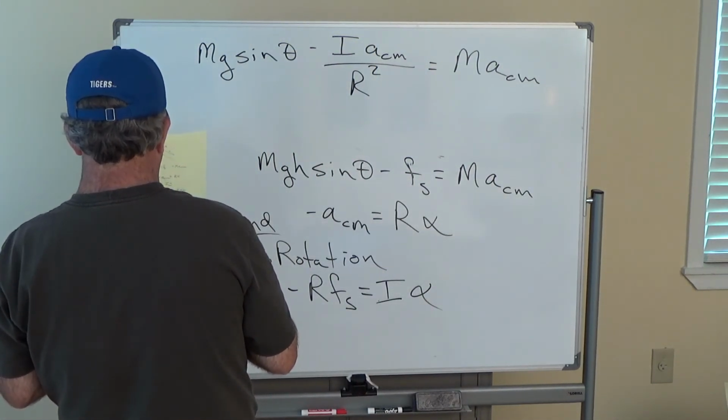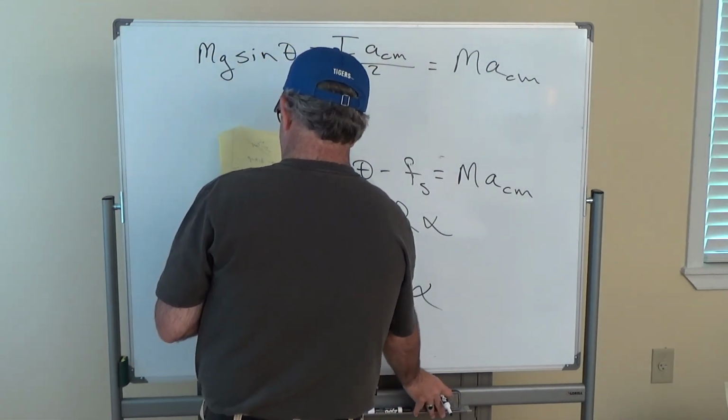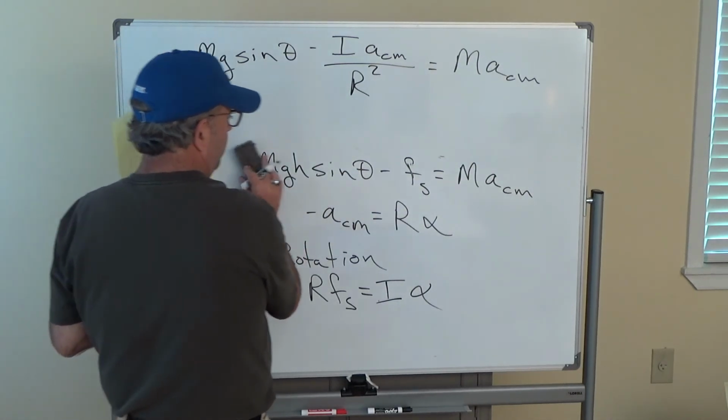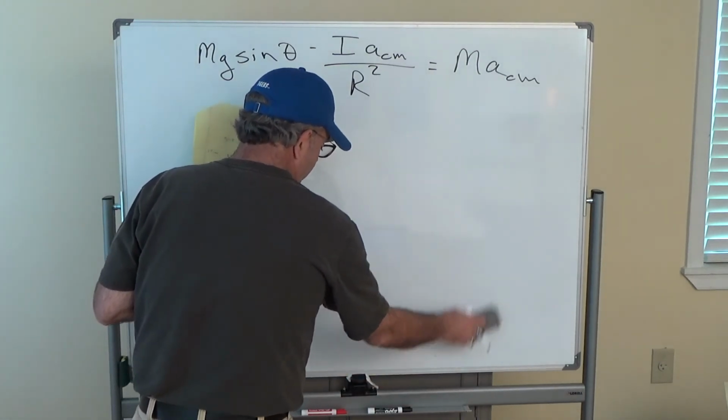Okay. Divide through, you'll see what I'm going to do here, divide through by m,